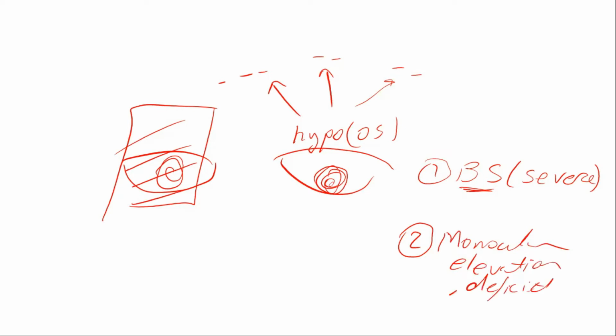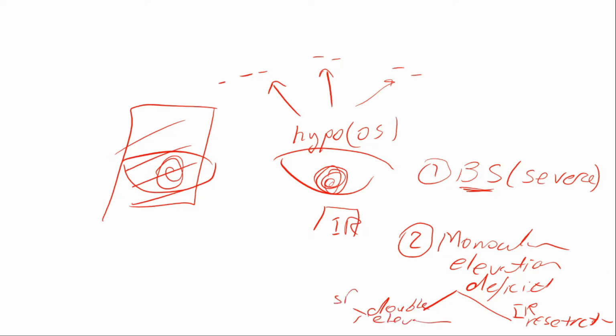And monocular elevation deficit is subdivided into 2 types: inferior rectus restriction. So if the inferior rectus is tight or restrictive, this eye can't move up, okay? Or it could be, as you mentioned before, double elevator palsy: something affecting the superior rectus and the inferior oblique, supranuclear. So palsy in the elevator muscles, and again, the eye can't move. How can we differentiate between all these cases? Force reduction test.